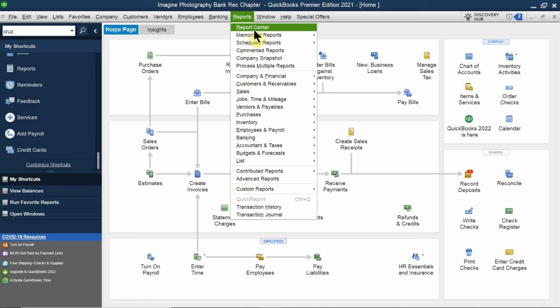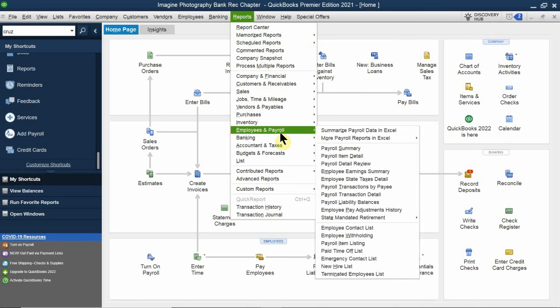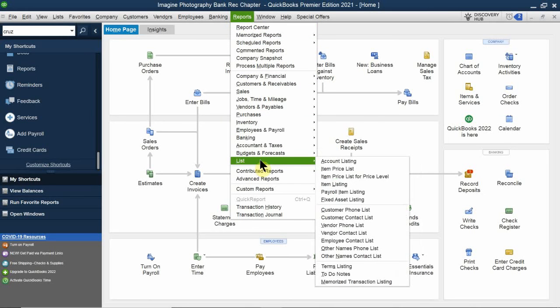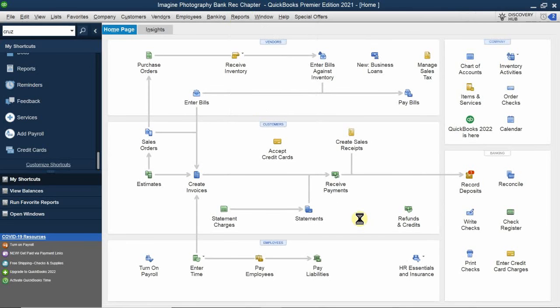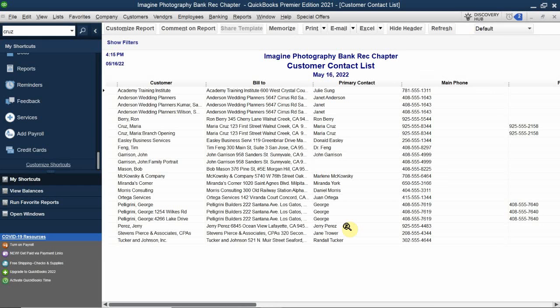Now I'm going to show you an example here that I could do. It's going to be under list, and we can create, let's create the customer contact list. So how can I use this as a business management? In this case, I can send marketing materials. If I want to increase my sales, how do I do that? Well, I can do that by sending promotional